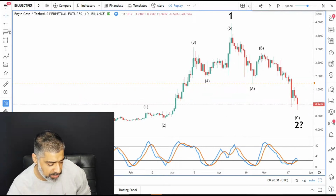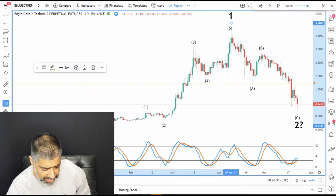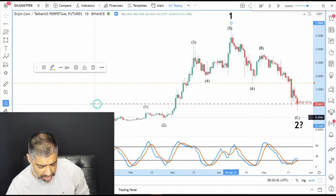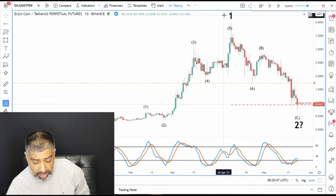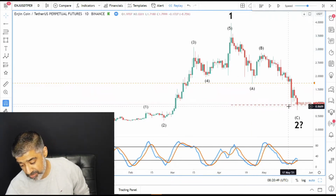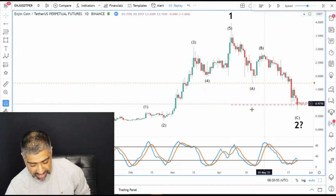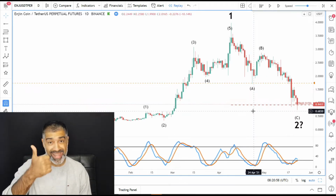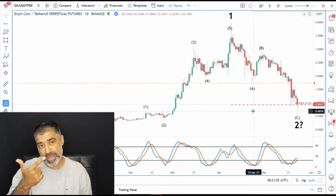And then there's this price projection, a particular one that I want to show you today. It's the 78.6% retracement. Don't worry about the how, but what you'll notice is, look at this. I've measured the price movement on the way up. I'm just going to drag this over here. And the market has done a nice correction, which is healthy. A typical wave 2 correction, typical maximum, is this Fibonacci ratio, 78.6%. So when you get a pattern, which is ABC, with a wave 2, and you get a price, which is a 78.6%